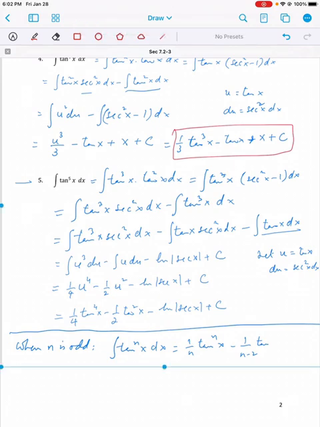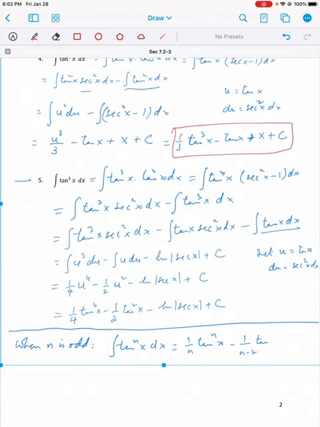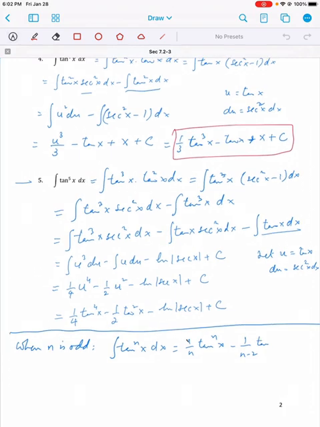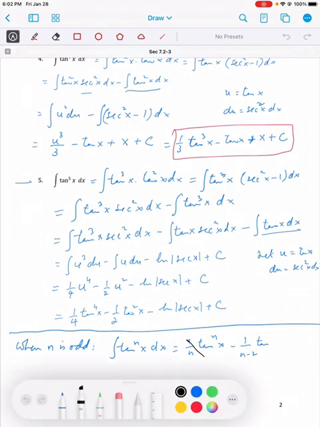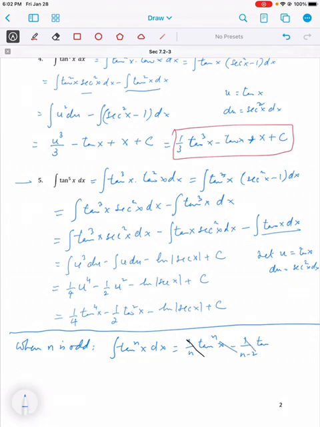Okay, I think I will write it over again. It's taking me long to cross this one, so we'll just delete this one. So when n is odd, we will get 1 over n minus 1